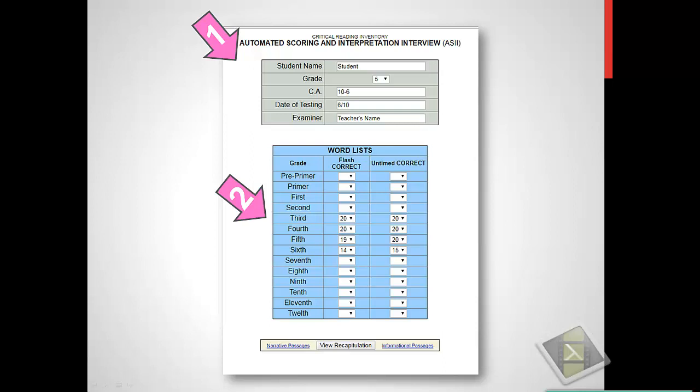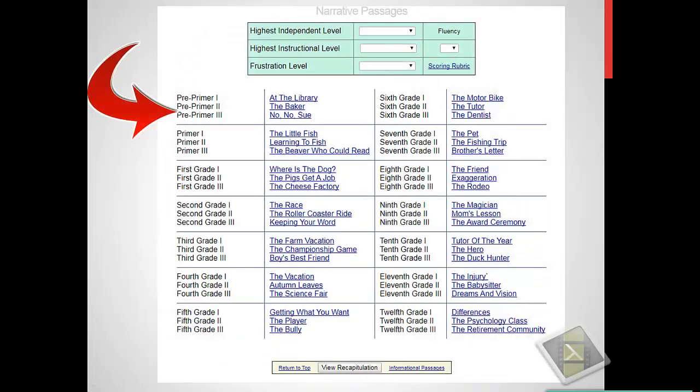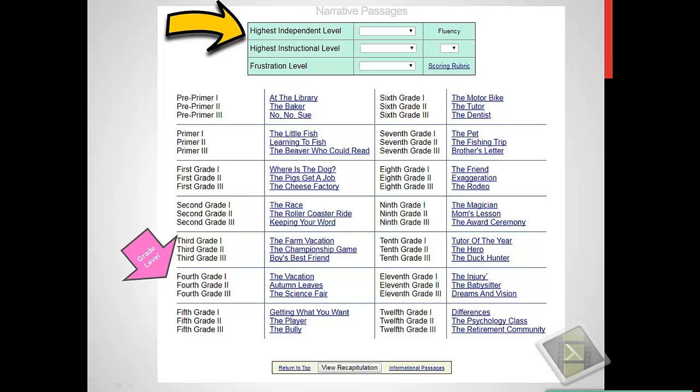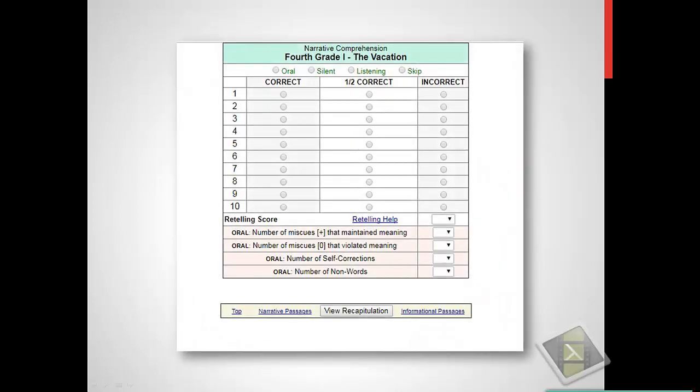What do we do now? We're ready to go to the stories, the type of stories you used for the comprehension. And that's here. Either you select narrative or informational depending on which you used. All right, we clicked narrative, and notice here you have all of the table of contents, all stories listed here. We're going to hold off on the level menu, but we will get to that. For now, we are coming to the fourth story, and I'm going to click on the vacation, and instantly the